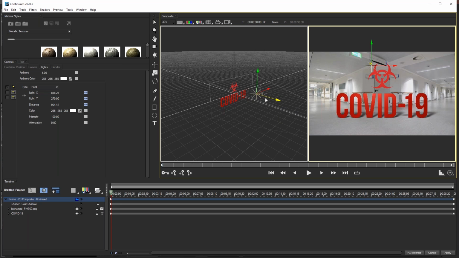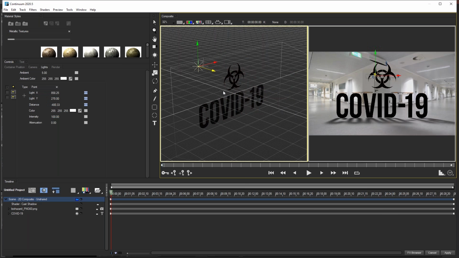Grab the light and just put it straight behind like that. You can see how that pushes the shadow forward, very nice. Now you can also use other lights. You can see by putting that behind the object,